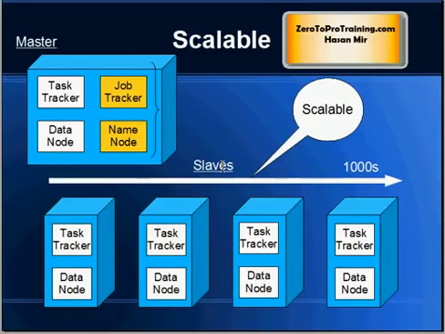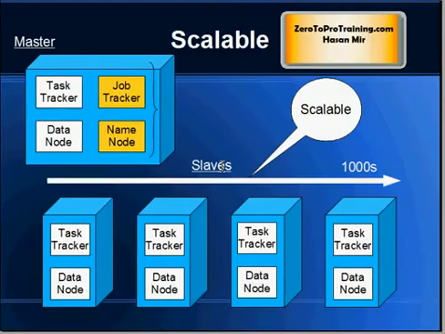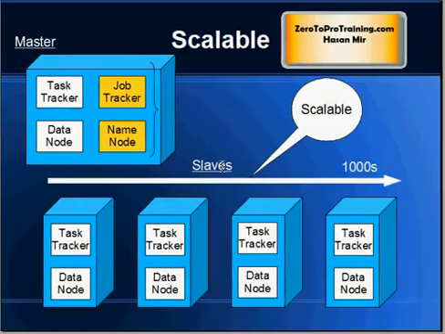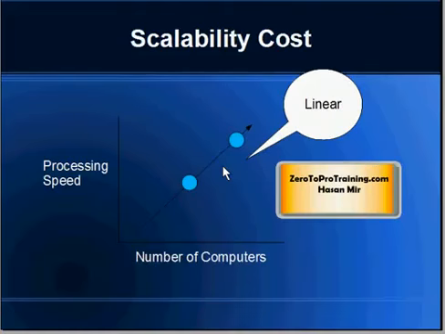One of the very important attributes of Hadoop is that it is highly scalable. A Hadoop system could consist of one computer, and it could go up to thousands of computers. All depends on the requirement and changing needs. So you can start with a few computers. As your data is growing, you can add computers, and this results in tons of cost savings for the business. The important thing to keep in mind is the scalability cost is linear. So if you want to double the speed of processing, double your number of computers.